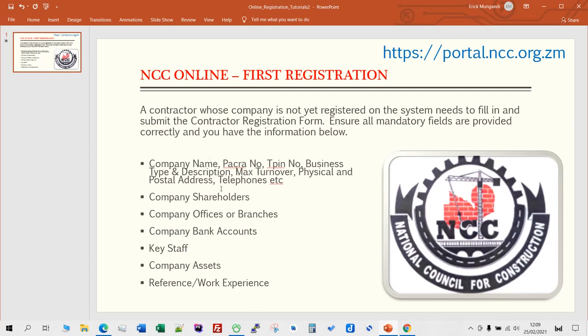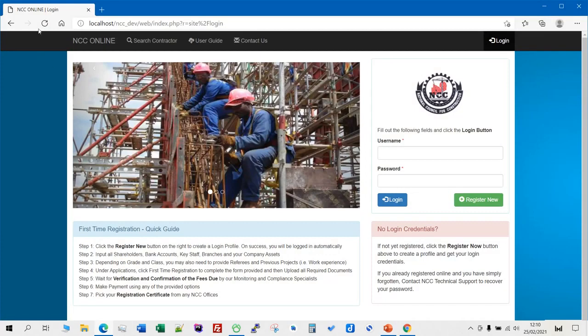If you have these with you when you are doing this process, the process will be a lot faster, because it means you will not have to come and log in again at a different time to continue. All right, so I'll be using